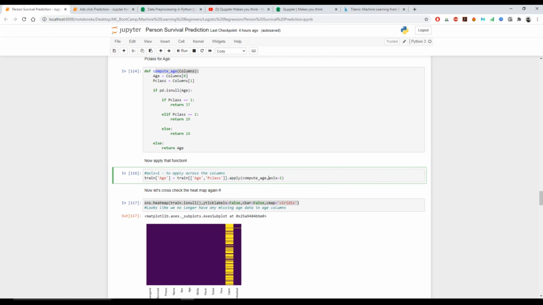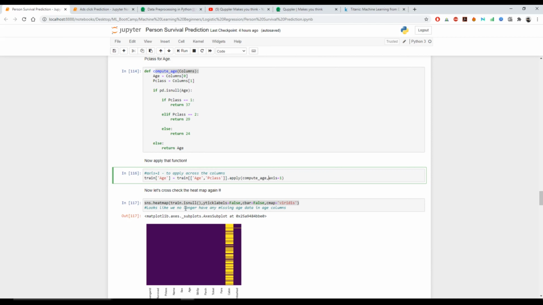So let's have a quick recap of what we have done. We imported the required libraries, then we loaded the data set from our training data. Based on the data set, we did head and info to see the columns, the type of each column, and the information in the column.